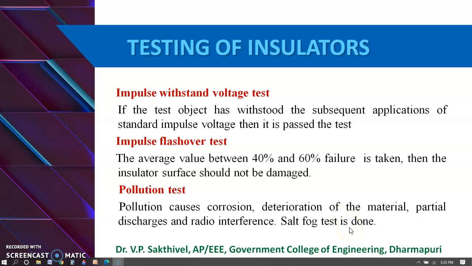In this test, the maximum normal withstand voltage is applied on the insulator. Then artificial salt fog is created around the insulator with the help of jets of salt water as well as compressed air. That is, in this case, we are going to create an artificial fog. Then we apply the maximum withstand voltage. If flashover occurs within 1 hour, then the test is repeated with a fog of lower salinity. Otherwise, it is repeated with a fog of higher salinity. The maximum salinity at which the insulator withstands 3 out of 4 cases without flashover is taken as the margin.